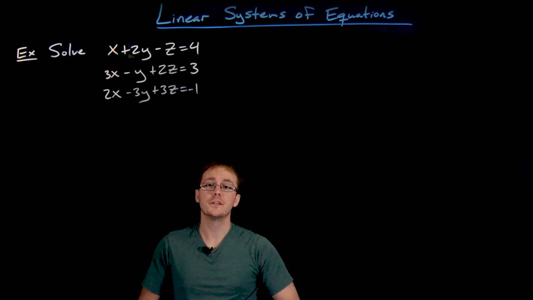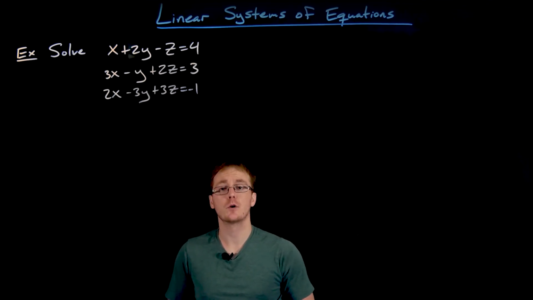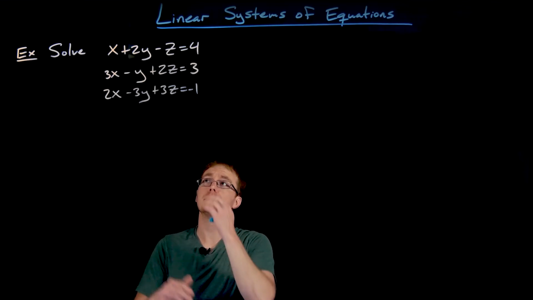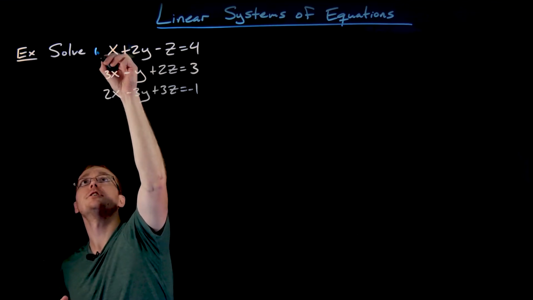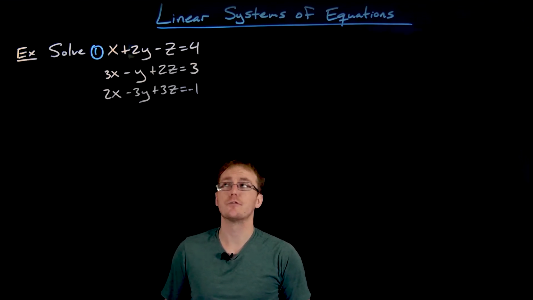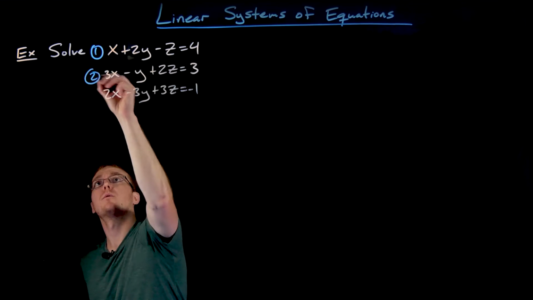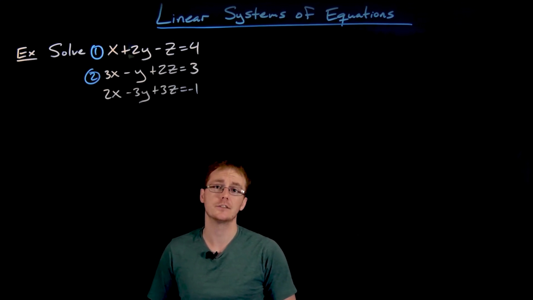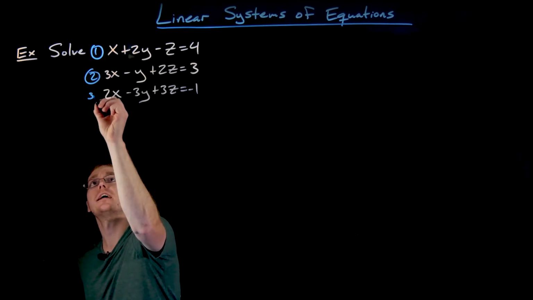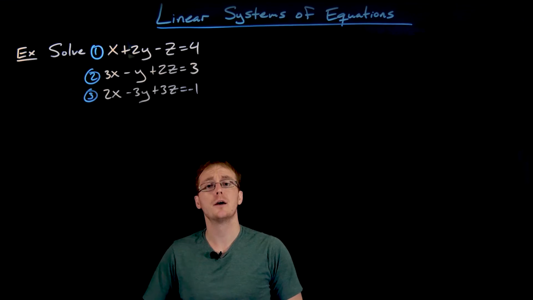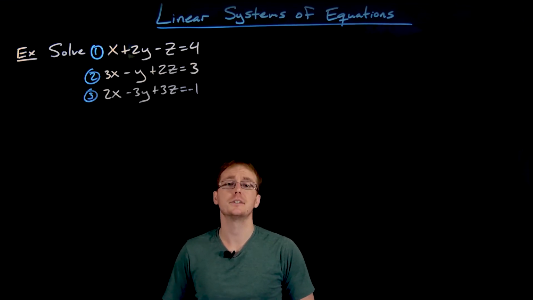Hey everyone, welcome back. In this video, we're going to look at another example of solving one of our larger 3x3 systems of linear equations. In this system, our first equation is x plus 2y minus z is equal to 4. What we're going to call equation 2 is 3x minus y plus 2z is equal to 3. And our third and final equation that makes up our system is the equation 2x minus 3y plus 3z is